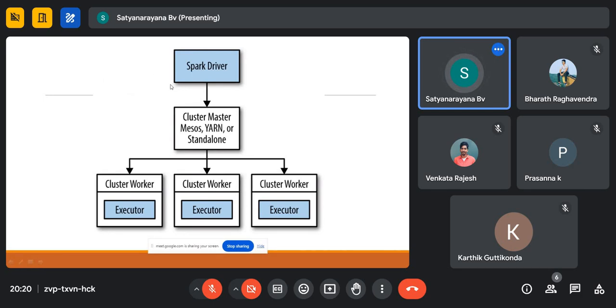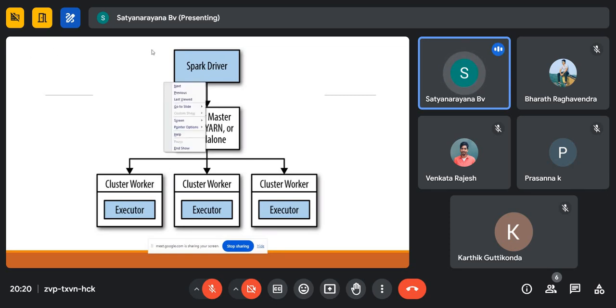What happened in Hadoop? When you run jobs in a Hadoop cluster, what is happening? Guys, the resource manager takes the request, it launches the application master requesting resources, then the application master assigns the resources to node managers, and node managers execute the MapReduce program on the blocks of data nodes. That is happening in the Hadoop cluster, because that is processing the data on disk. But here, Spark processes the data in memory. Hadoop storage is HDFS, Spark storage is HDFS, but Hadoop processes the data on disk, whereas Spark processes the data in memory.